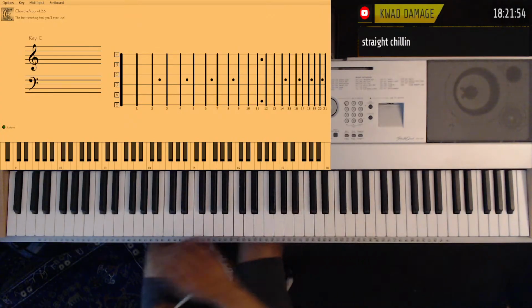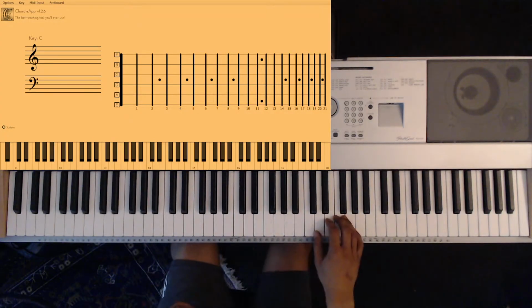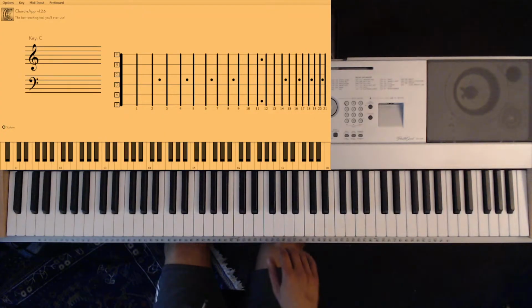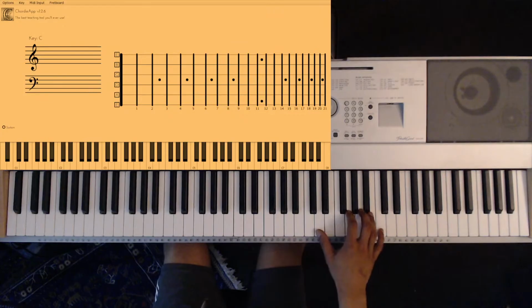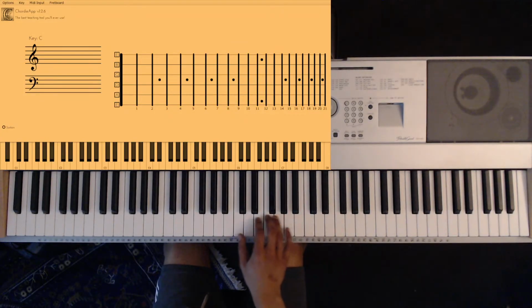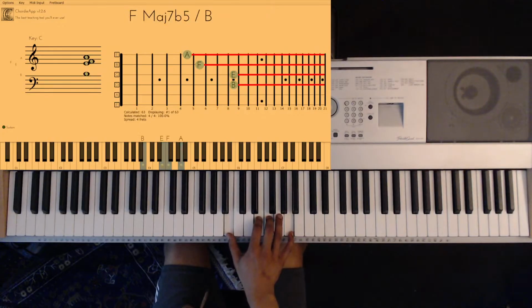Ooh, I'm finding something. I'm finding a maybe interesting run that can be done with pedal or without pedal or a mixture of both. We basically play just the same chord, but we just play it all over the keyboard. We're gonna play all the inversions. We're gonna be going like